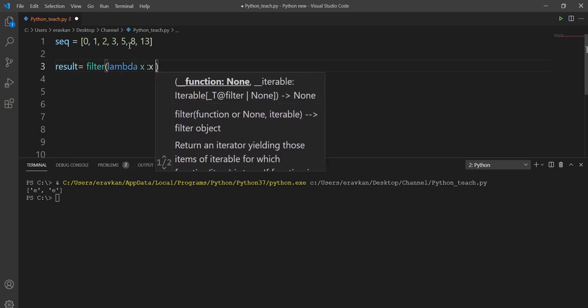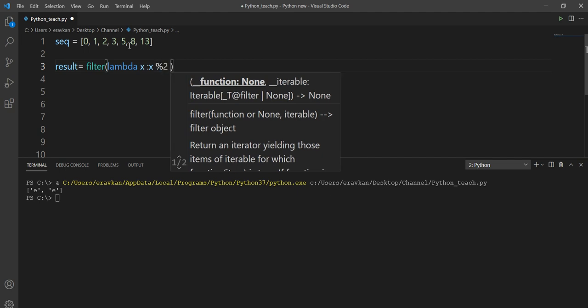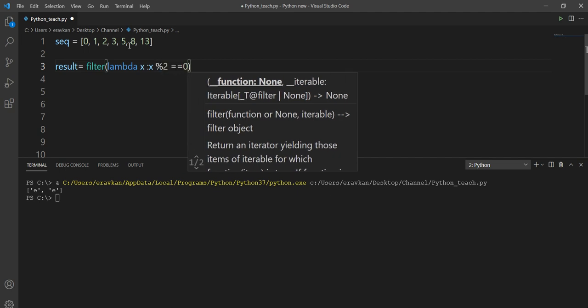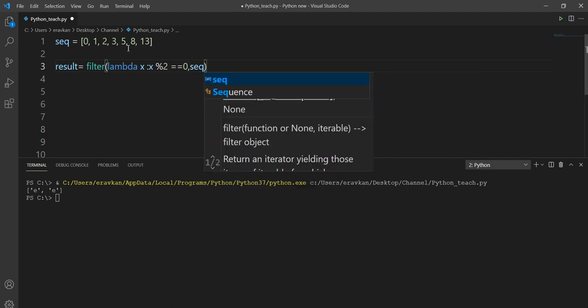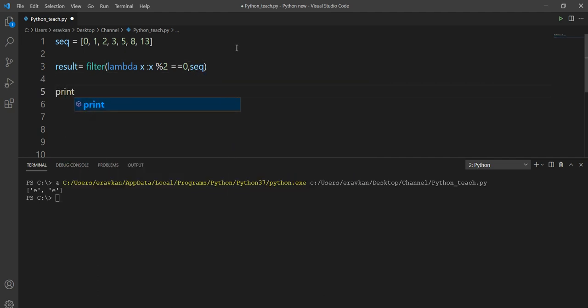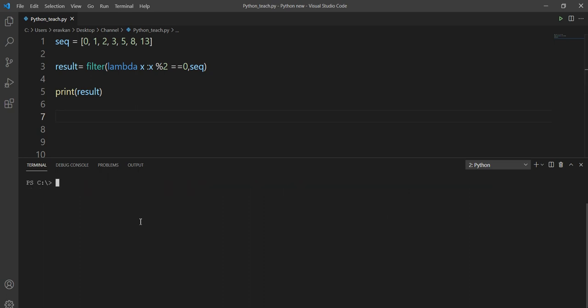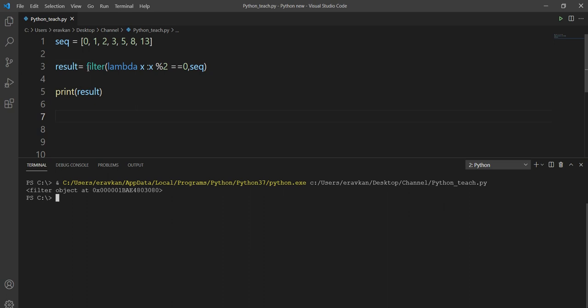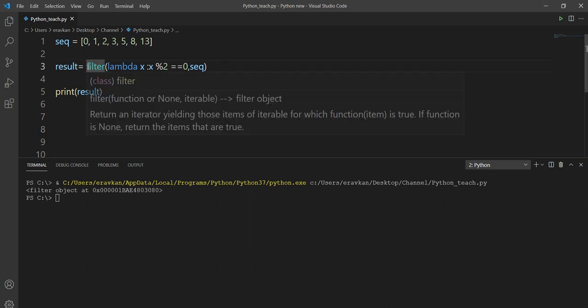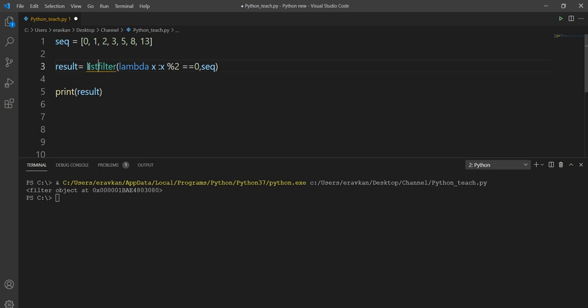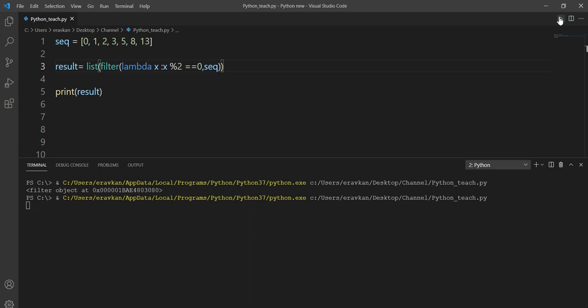I want to return only even numbers, and I want to apply it to my sequence. In this way I will get a list of only even numbers. The object here I need to convert by using list, then I will get a list 0 to 8.